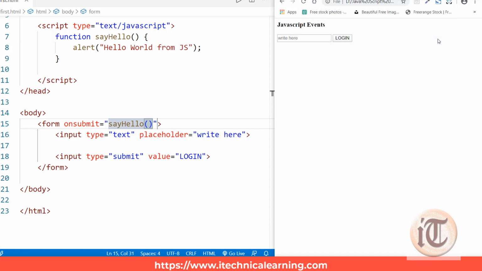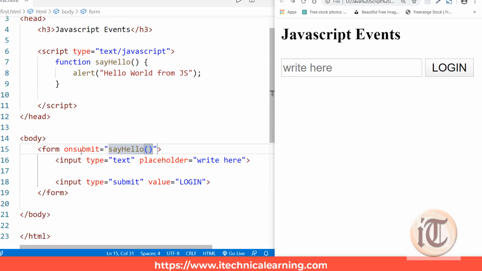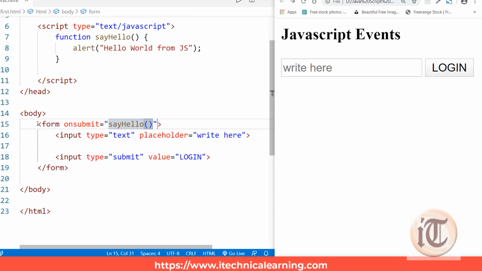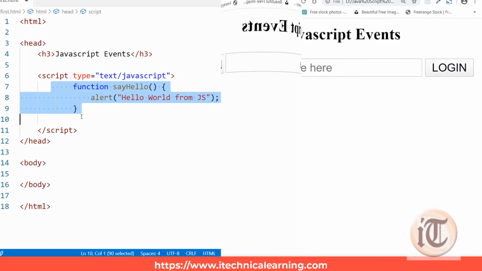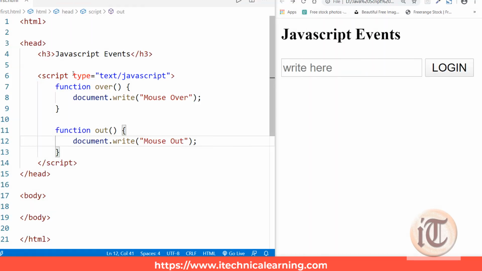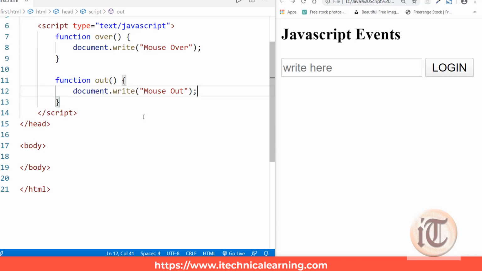Suppose I want to deal with the next type of event: onmouseover and onmouseout. For that I'll have to create new functions. So I have created two functions inside this script code: function over, which does document.write mouse over, and function out, which does document.write mouse out.